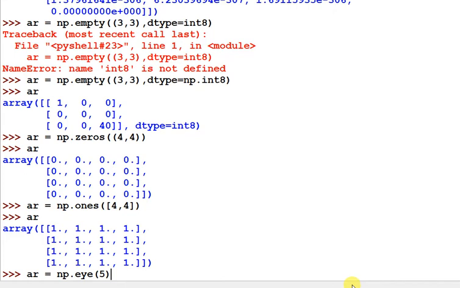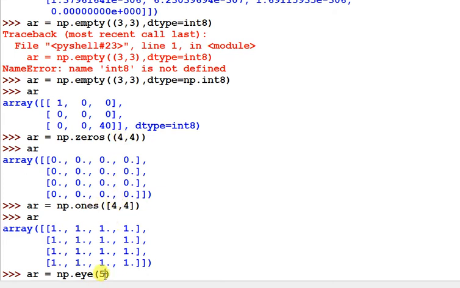So here we don't have to pass the shape of the element, because zeros can create a 1-dimension array, and empty can also create a 1-dimension array. If you want to create a 1-dimension array, you pass one value. Suppose if you are passing 3, it will generate a 1-dimensional array of 3 elements. If you are passing only 4, it will generate a 1-dimensional array of 4 elements. The same we also apply with ones.